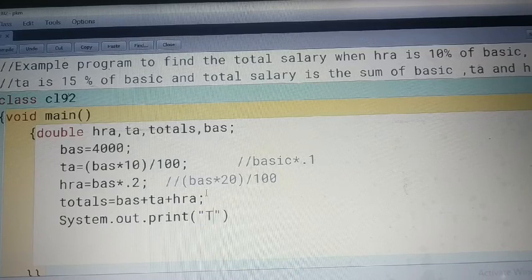TA equal to TA. Whatever travel allowance comes, that will be printed here.